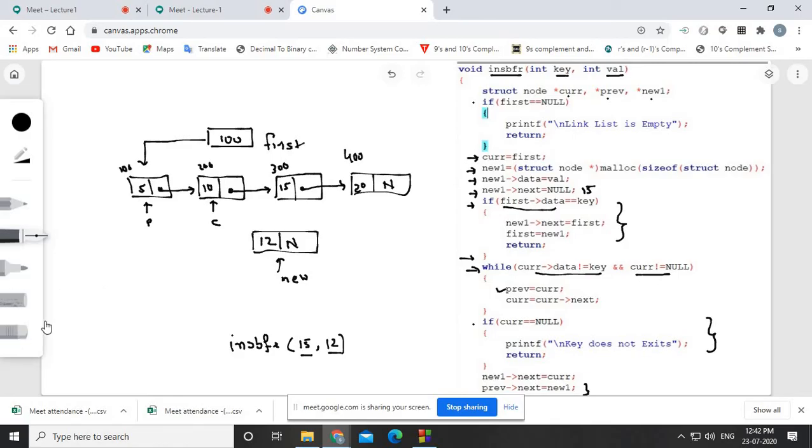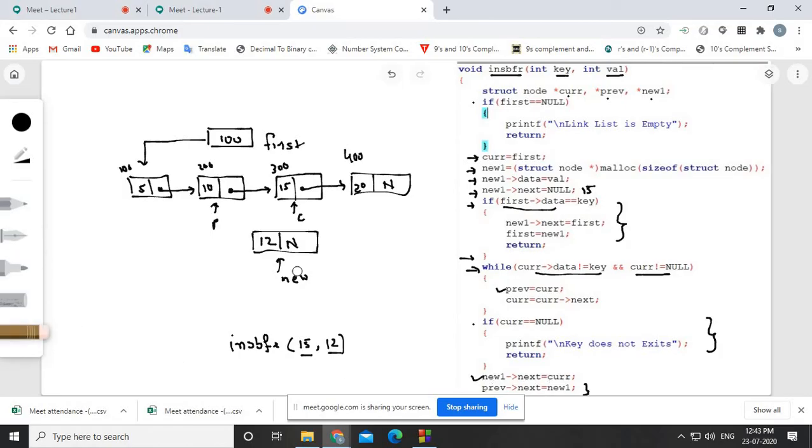No. So in that case again your current pointer will move one step ahead. So now your current is coming here, and as you know, whenever the current goes one step ahead, previous is following current, so here the previous will be there, right? So this thing. Okay, now here new one point to next.